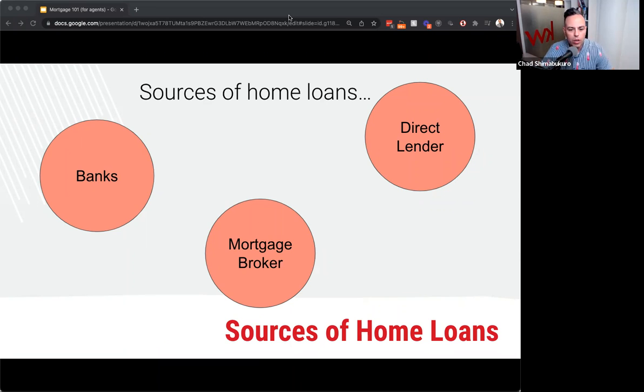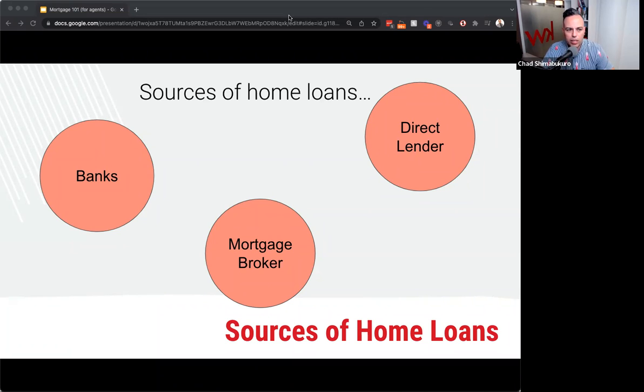worth it. But you have to know your sources of loans so that you don't inadvertently align them with the wrong vendor or relationship. Meaning, if someone is unbelievably well qualified, why would you stick them in a mortgage broker that might cost them more? And then lastly,